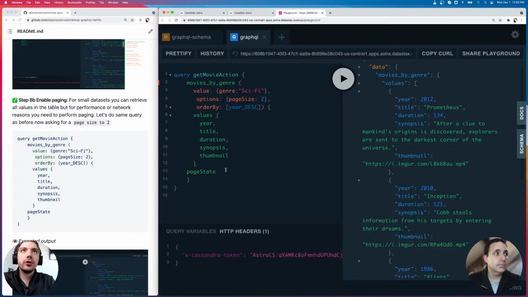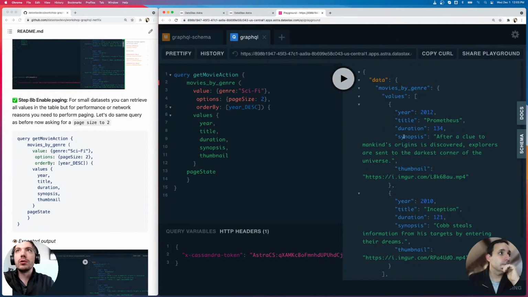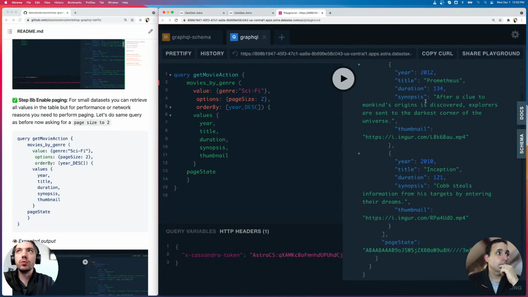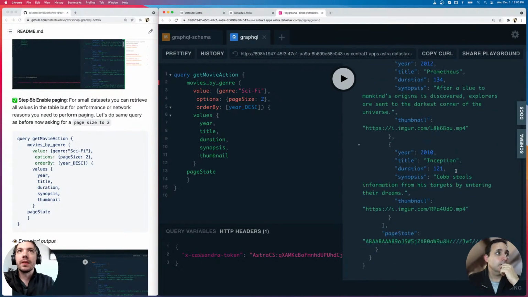And then on the return, we request the page state, and the page state is a generated value that is a bookmark, if you will, of where in the page we are, and we can give that page state back on a new request, and it will give us the subsequent page. So to illustrate this, I'm going to go ahead and execute this, and you can see that instead of retrieving all of the entries, we are only retrieving 2. We have Prometheus and Inception, because we defined our page size as 2, and it's sending us back this page state right here, this jumble of characters and craziness. If I go ahead and copy this page state,